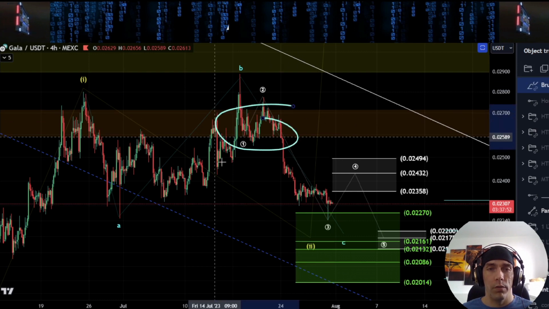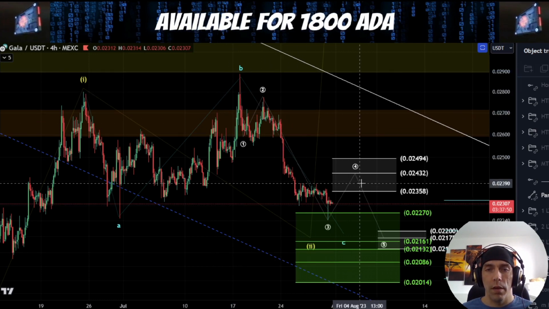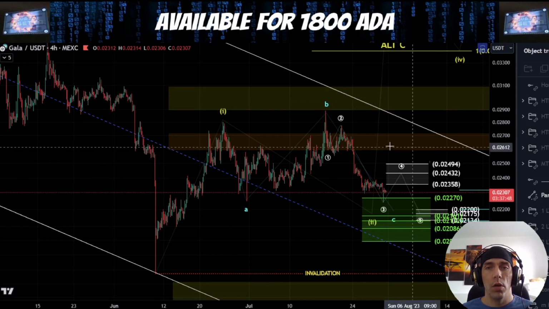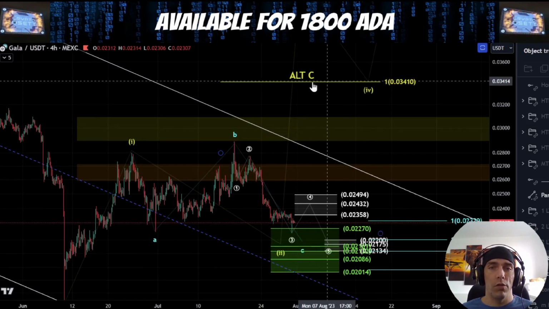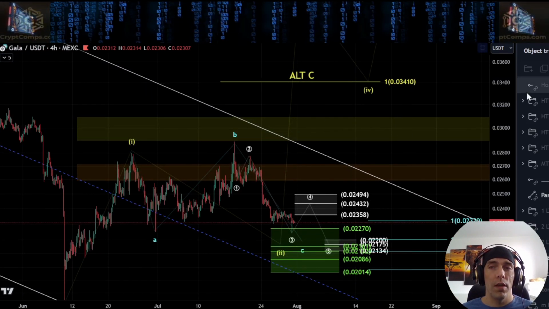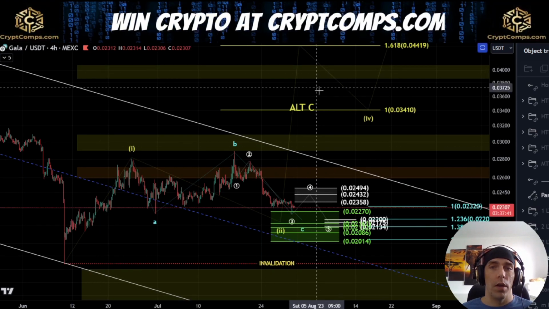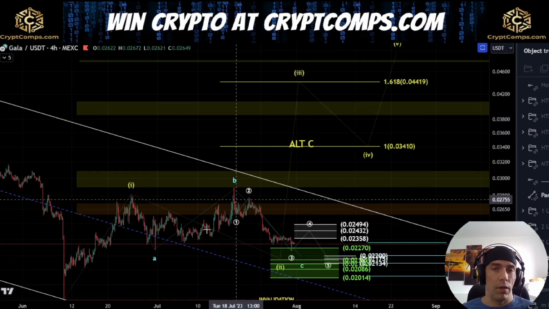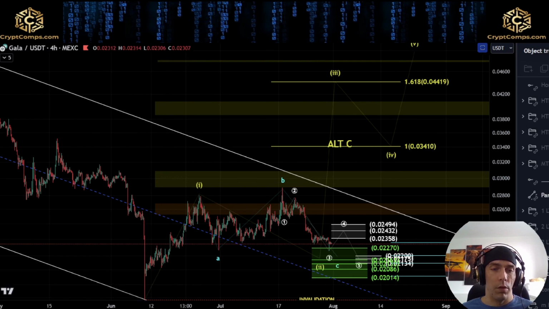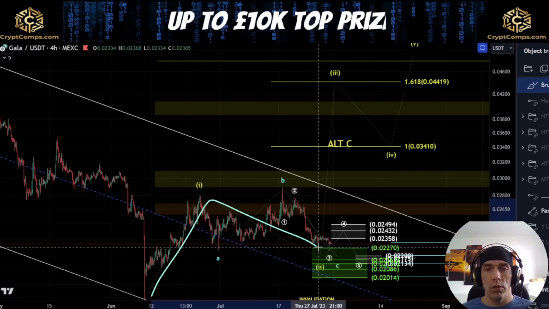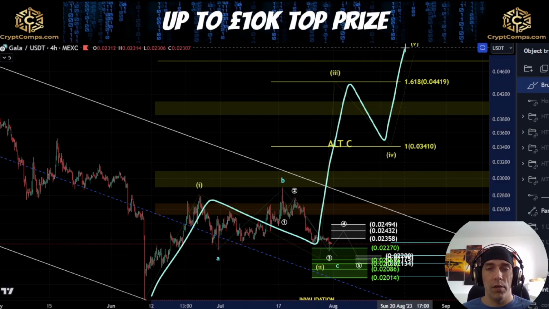If we move back above this level and we start to break back above these highs, then we would be on the potential path towards the C wave, which is 1-to-1 would be here at this 3410, and then alternatively a breakout would be looking for this 1618, and then we'd be looking at this move as a bigger 5-wave move. So if we do get this as 1, 2, 3, 4, and 5 to the upside here,